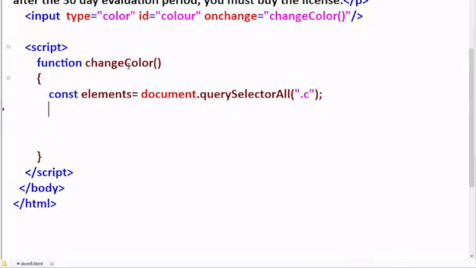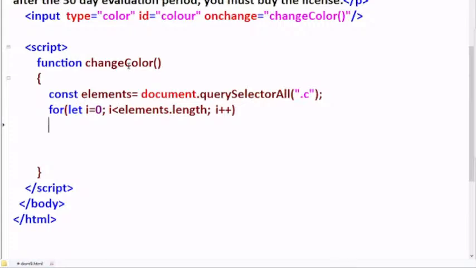See, I'm writing the logic directly. So take a small for loop, sir. Let i equal to 0. i is less than elements dot length. Elements dot length, in our console we already tested, is a count of 7. That 7 count is substituted here. If 7 is available it's 7, if 70 is available it's 70, it substitutes. Next, i plus plus. And inside the for loop,